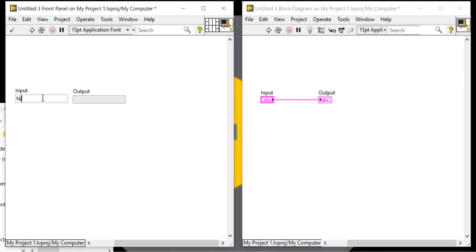I want to count how many characters are present in my input string. So how can I find?